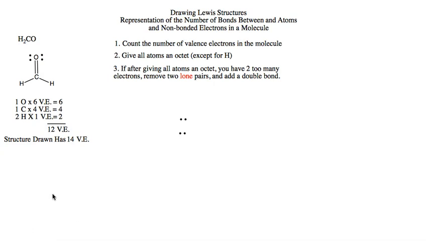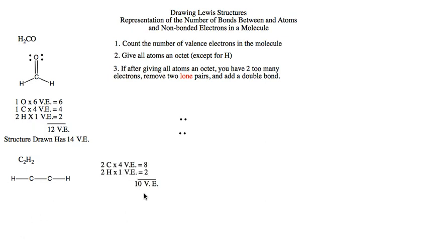Now, there are going to be some times that even after we do this last step that I just did here, after giving all atoms an octet, you have too many electrons, remove 2 lone pairs and a double bond, we're still going to have too many electrons. For instance, in the molecule C2H2, which has a connectivity shown here, if we count up the number of valence electrons we should have, doing it the same way we did up top, we find that we should have 10